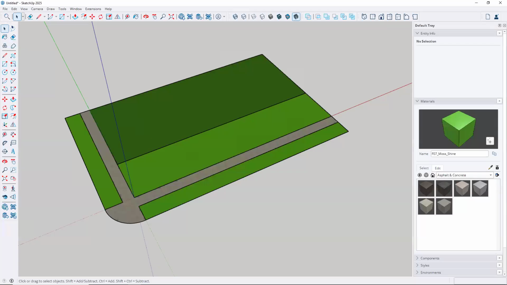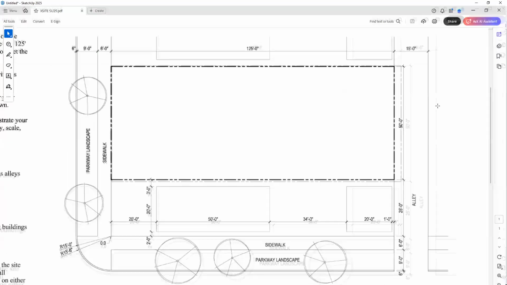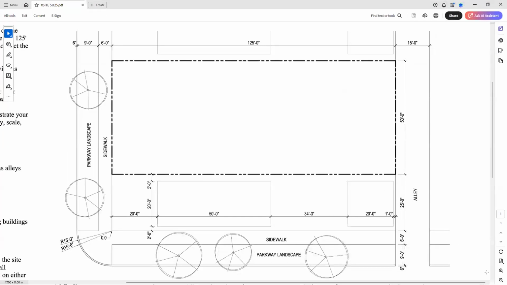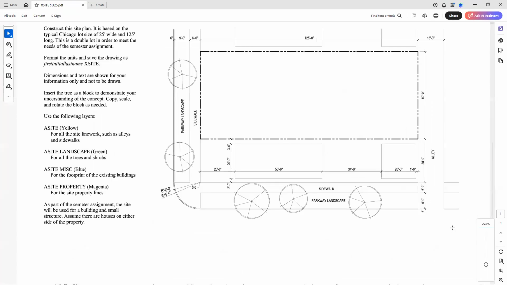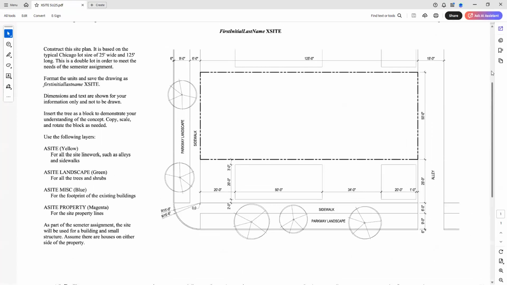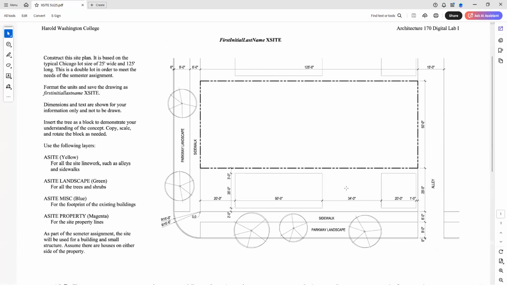So I'm going to take a look at my example again, the drawing. I'm going to zoom out just a little bit and I'm going to pan this up for a second. So you'll notice that we have one property over here to the bottom or to the south of our property. We have another property there. We have an alley, and then the sidewalk continues. So I want to make sure that I model more than what I'm showing here. So we'll get there. But the next thing I want to do is drop in my